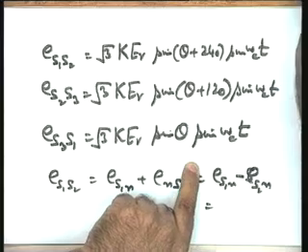Now help me, just look at these three equations. What will happen if theta is equal to 0? Look at the terminal voltage. Suppose you have the measuring devices and you measure these voltages. What will happen when theta is equal to 0? You recall, when theta is equal to 0, maximum flux is linked with the S2 winding. Now look at the terminal voltages. What will happen to ES1S3? You find that ES1S3 becomes equal to 0.